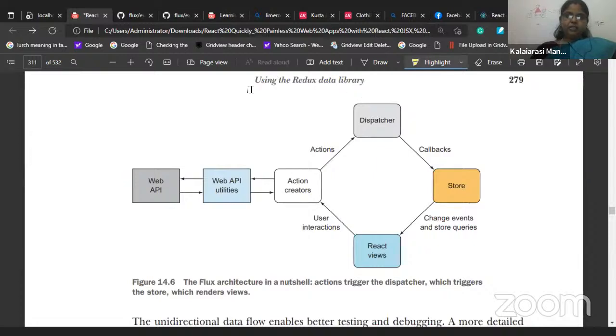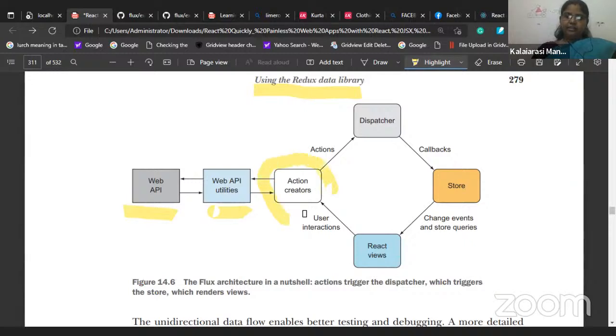We can see the detail here. This is using your Redux data library. Now this architecture is implemented with the help of Redux. Yes, of course, Flux architecture is implemented with the help of Redux. These two terms are interchangeable in this ReactJS. Now let us understand exactly. There is a request and all these requests are written in the form of APIs. And once the utilities are created, that is, different post, get, request services are created, at that point you